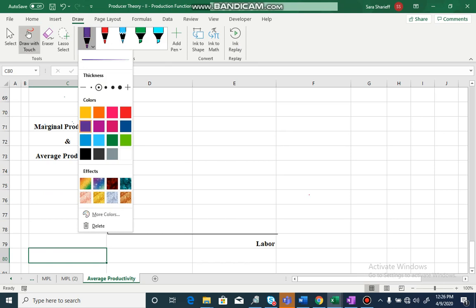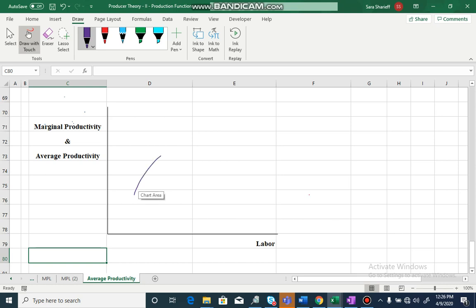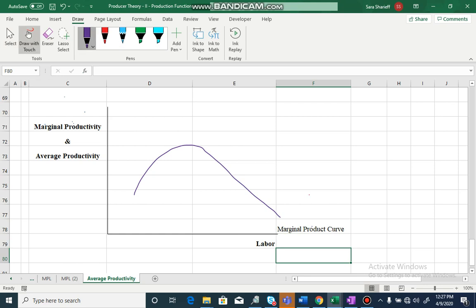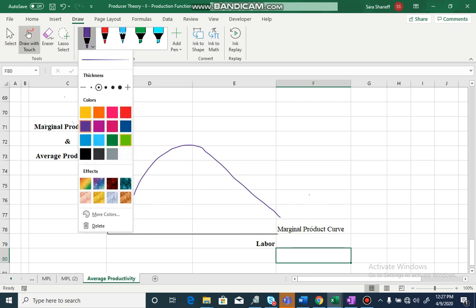Marginal product curve, we have already seen its shape. It's an inverted U like this. This is the shape of the marginal product curve. This is your marginal product curve. Now you should be able to draw the average product curve. Where should I position it? Keep in mind the concept which I just shared with you. When your marginal value is greater than the average, average increases. When it is less than the average, average decreases. So your average product curve is going to look something like this.